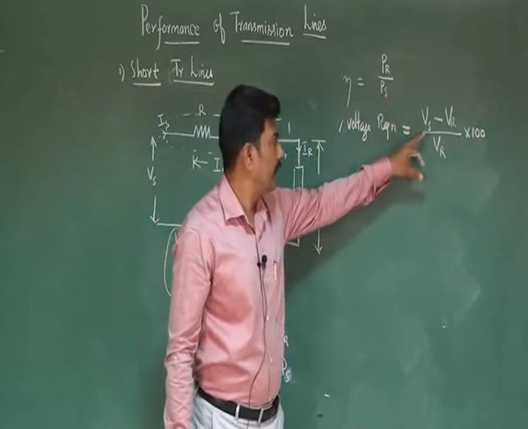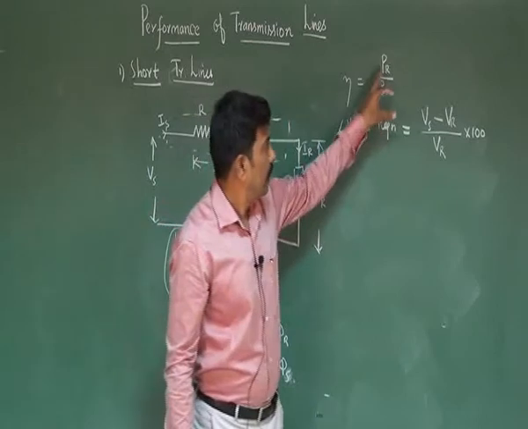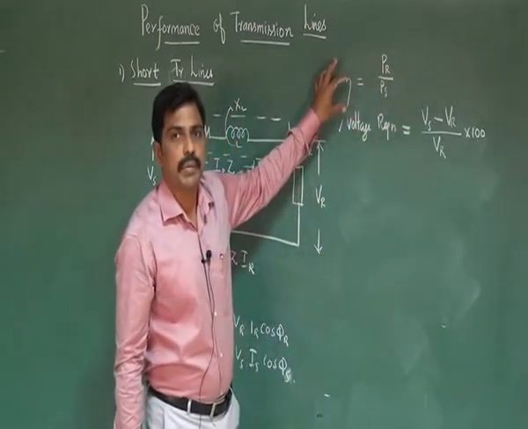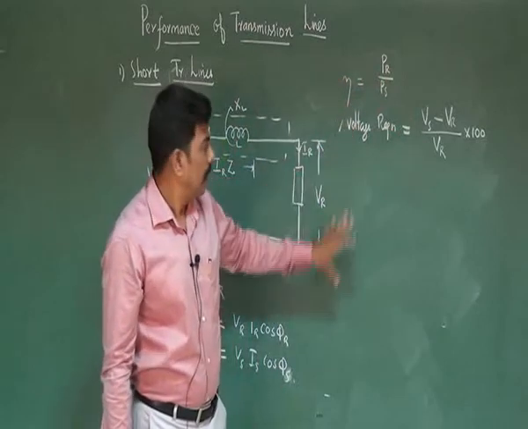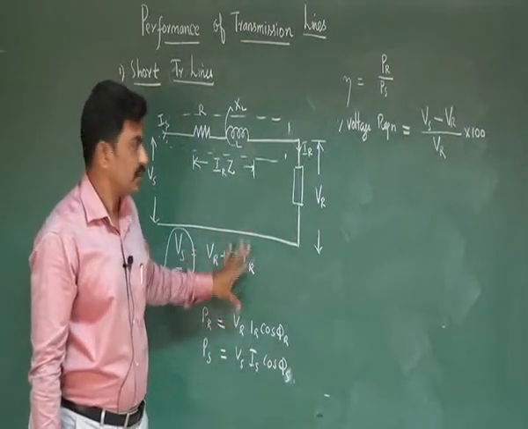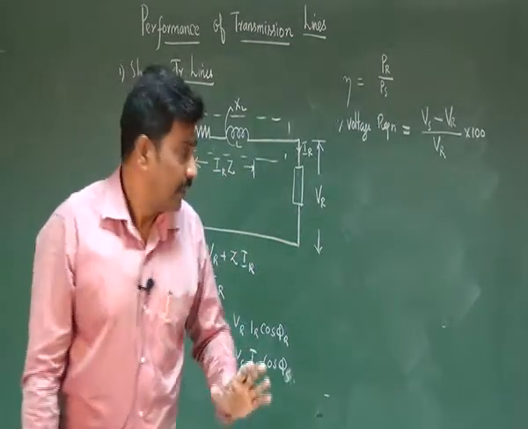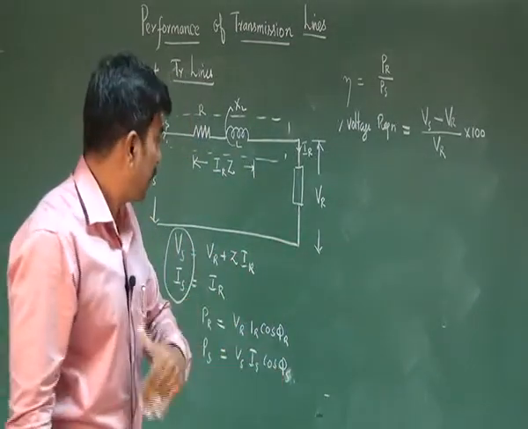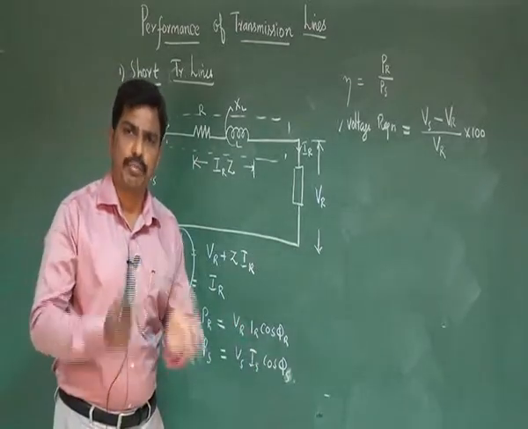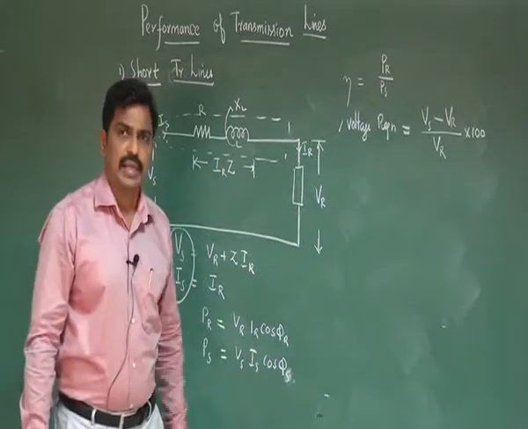Ps can be determined, Vs we already got from the equations. So once you know the values, it is easy to obtain the performance considerations. And this is the simplest method for short transmission lines, ABCD parameters. Now after knowing this ABCD constant method, let me discuss the vectorial representation, which is most powerful for any method of identifying performance of transmission lines.